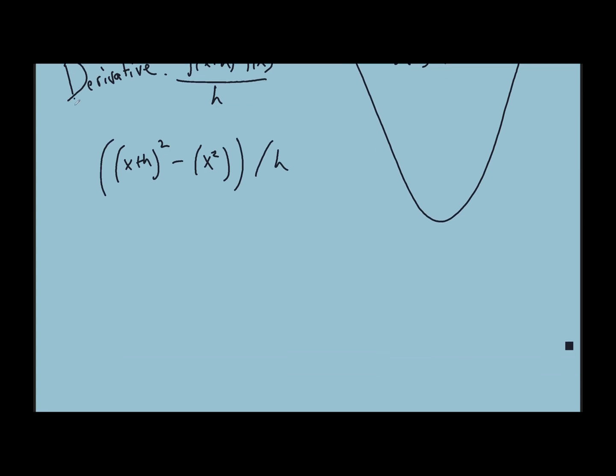Well, if you FOIL x plus h squared, you're going to get x squared plus 2xh plus h squared, and then we have a minus x squared here. This is all divided by h still. Well, positive x squared and negative x squared are gone. And this h can cancel out like this, and an h squared cancels out. So what we're left with is 2x plus h. And now you may remember, h is 0. It's always been 0. And now we're going to just wipe that out, and we're going to end up with